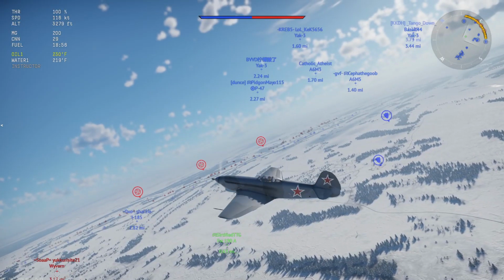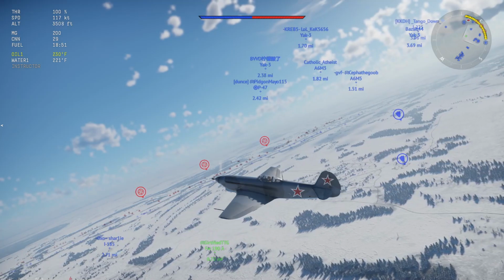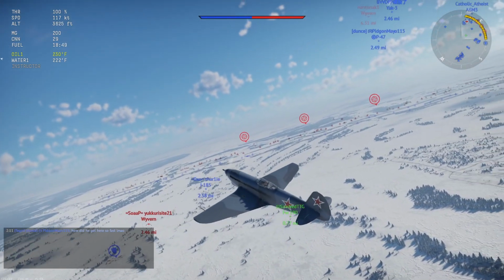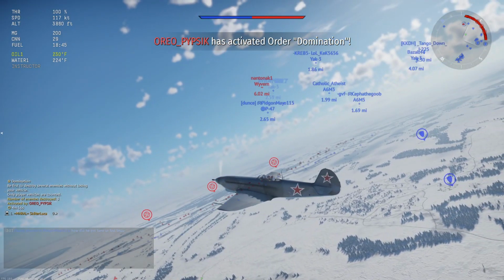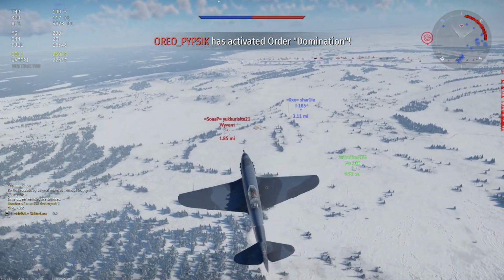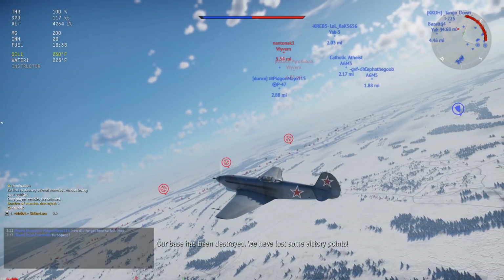Now I'm in the game and I'm just trying to climb as high as I can so I can boom and zoom some people. The Yak-9K has alright performance, it's got an alright climb rate and alright speed, and some pretty good maneuverability. Overall, the Yak is going to be pretty good. You've also got a 45mm cannon up front, it's going to do a ton of damage if you can hit your shots. Other than that, I see a Wyvern below me,